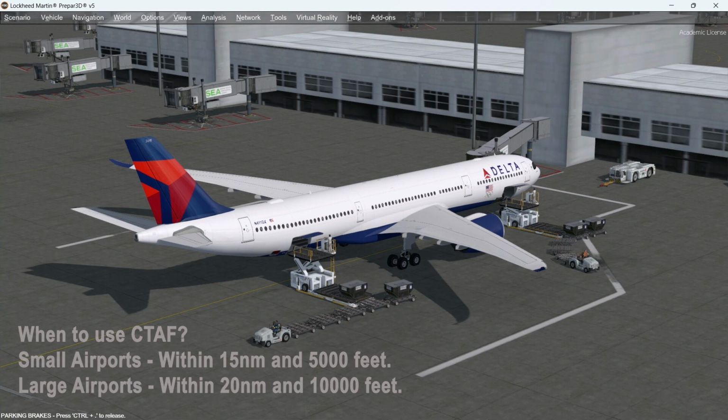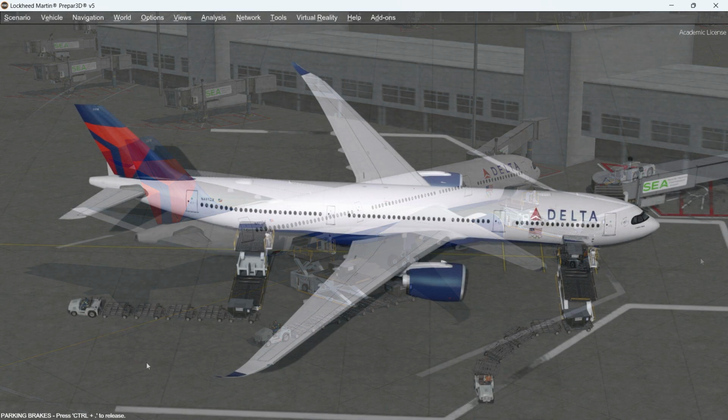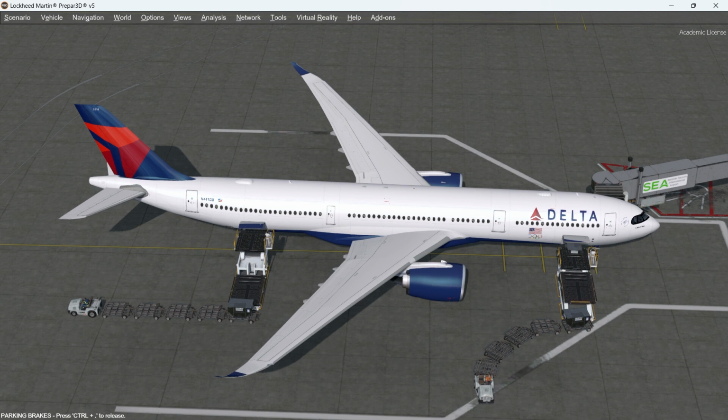and 10,000 feet. Remember that these guidelines are not set in stone, but always remember that there may be many airports within this 15 or 20 nautical mile radius, and not all of them will be on the same CTAF frequency. Also, something to keep in mind is that in some areas, multiple airports may share a common CTAF frequency, so it's important to include the airport name at the beginning and end of every single transmission that you make as a pilot.